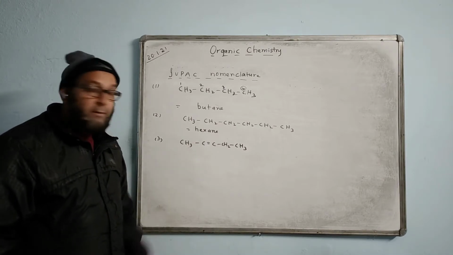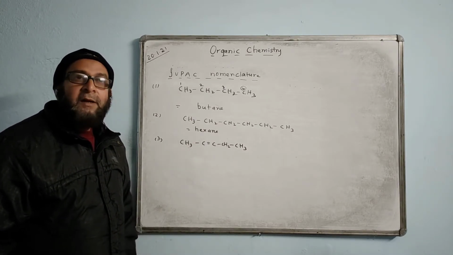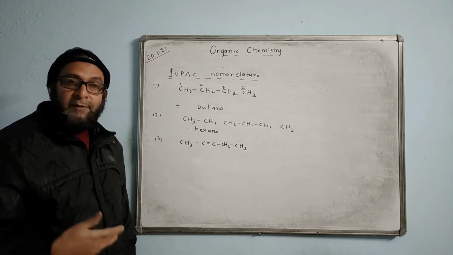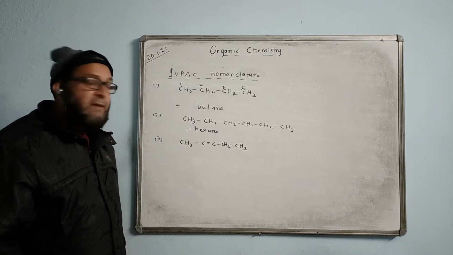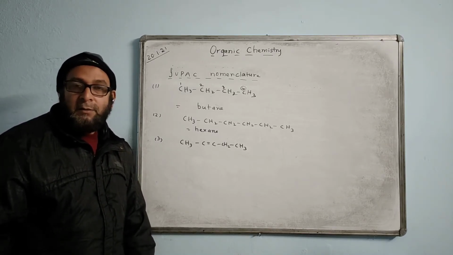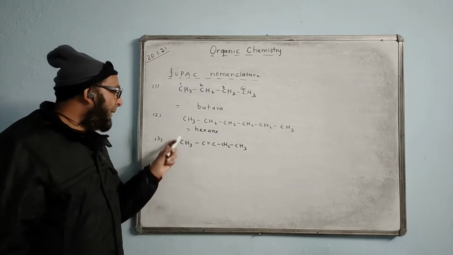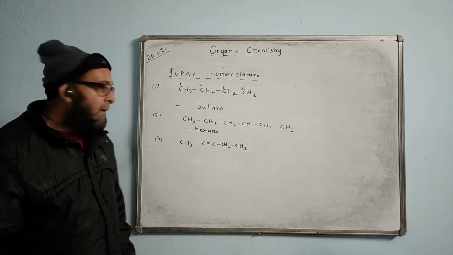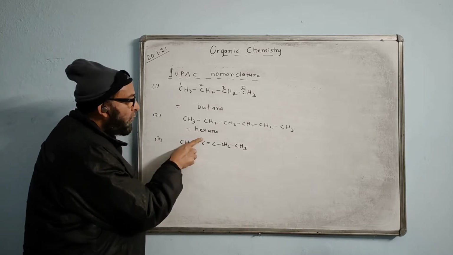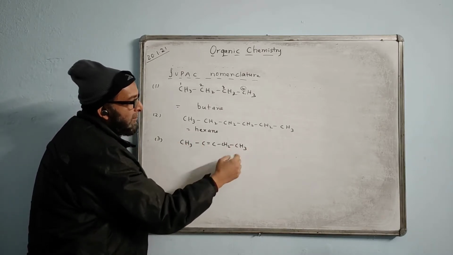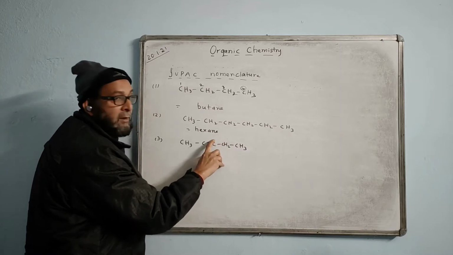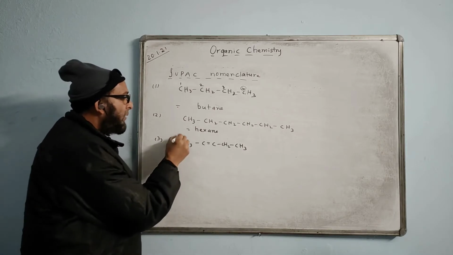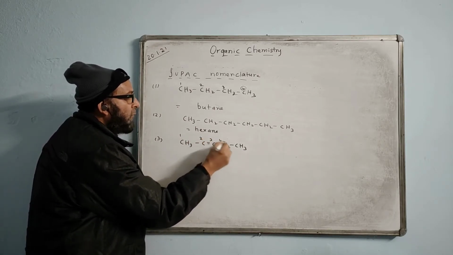We see double bond coming. When double bond is coming, then we have to give the preference on numbering. Whichever side the double bond is coming the nearest, we have to give the number from that side. From the beginning side it is coming nearest, or from the end side? From this side it is coming the nearest. Beginning side is 1, 2, the double bond coming. On the end side, if you start with 1, 2, 3. So, whichever side is nearest, we give the number from that side. I will give the number here 1, 2, 3, 4, 5.